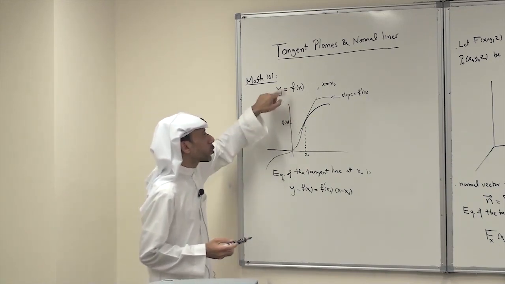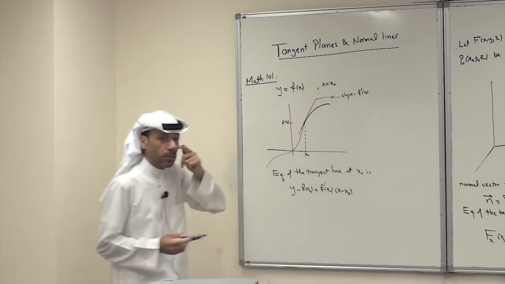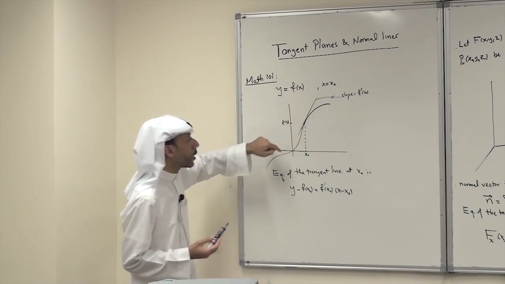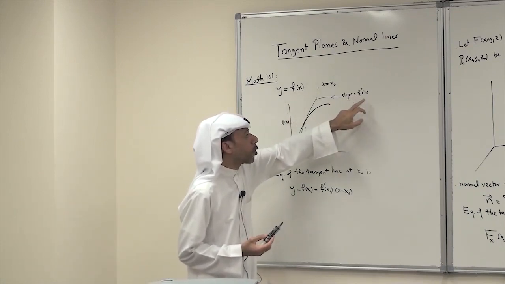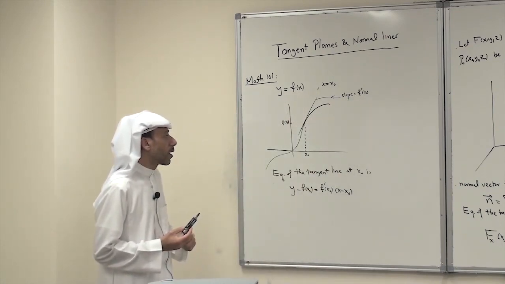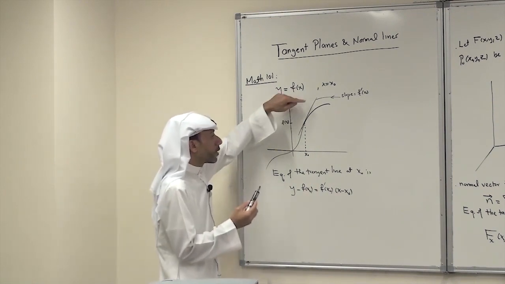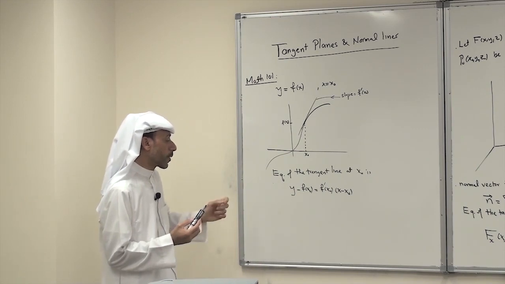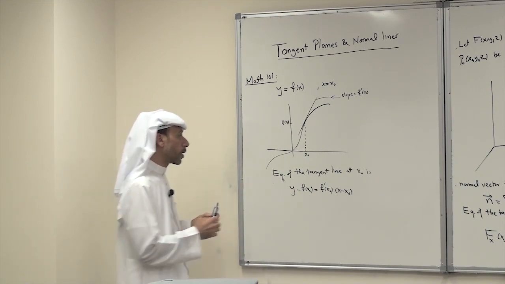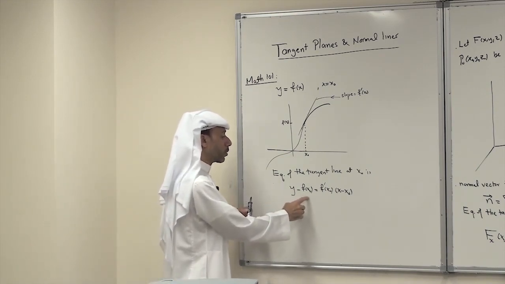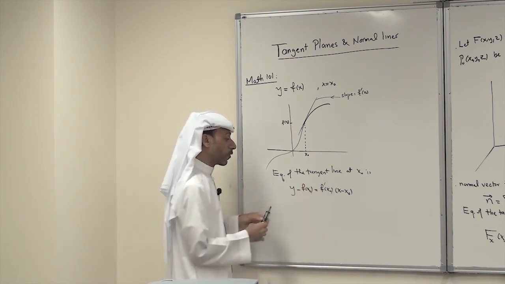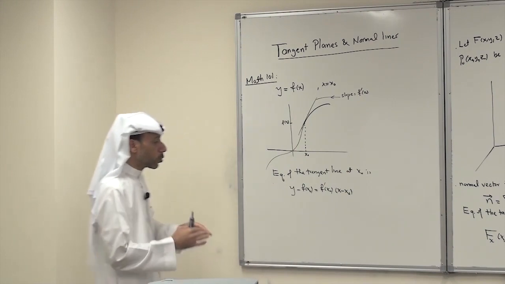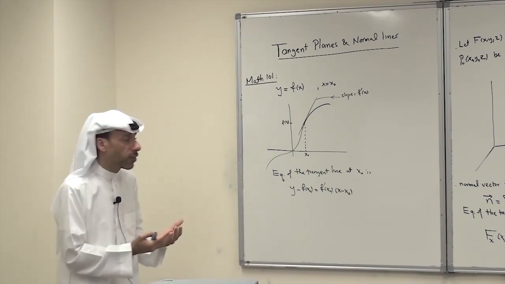If we assume that the function is differentiable at x0, i.e. f prime of x0 exists, then the slope of the tangent line will be f prime of x0. The equation of the tangent line is given by the following equation: y minus f of x0 equals f prime of x0, the slope, times x minus x0. So the situation for functions of one variable